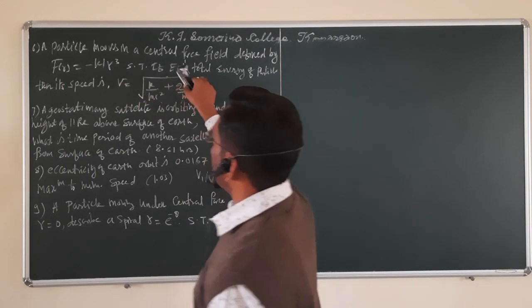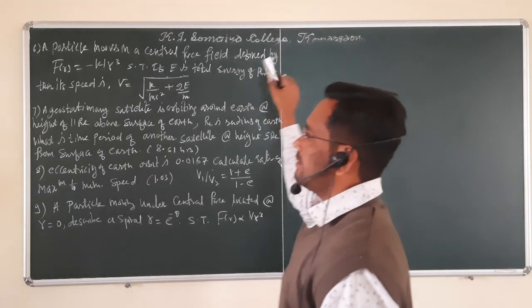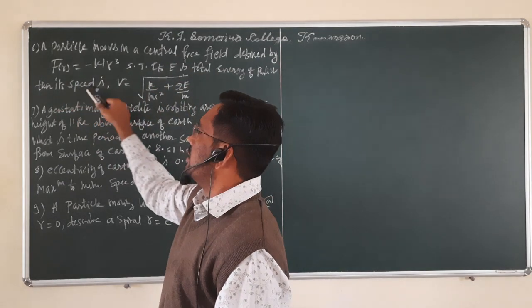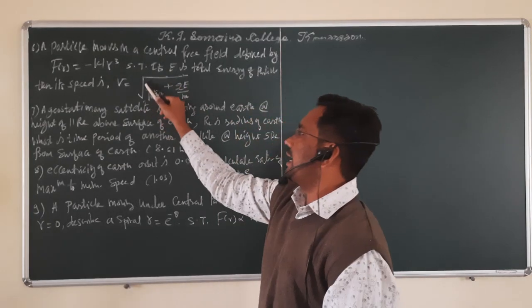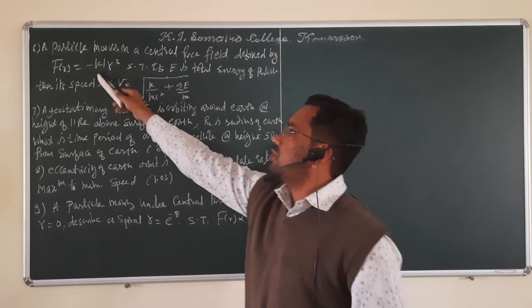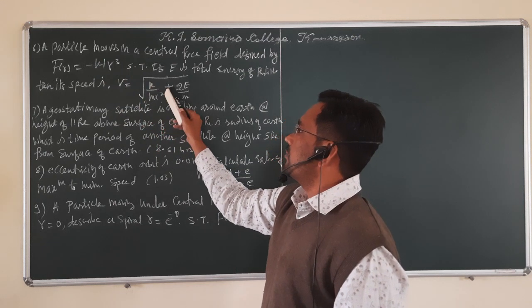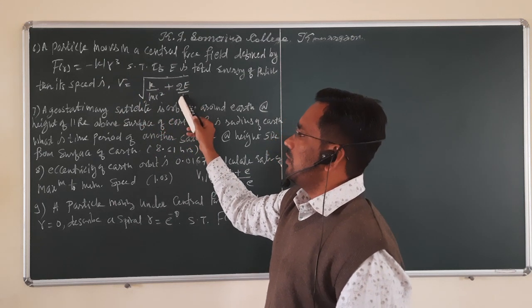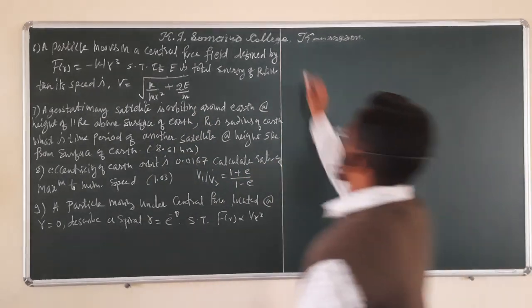Show that if capital E is the total mechanical energy of the particle, then its speed is given by v is equal to square root of k divided by m r square plus twice E upon m, where k is the force constant written over here. So that thing we have to prove. So from equation 6,